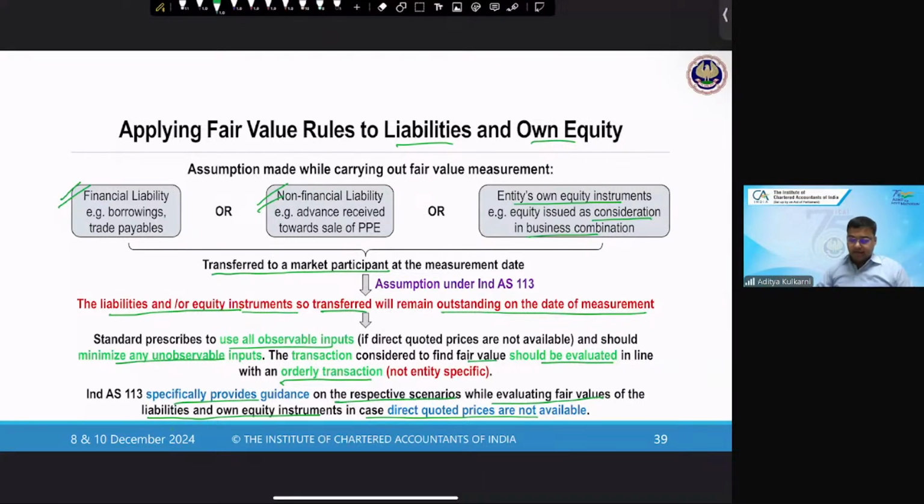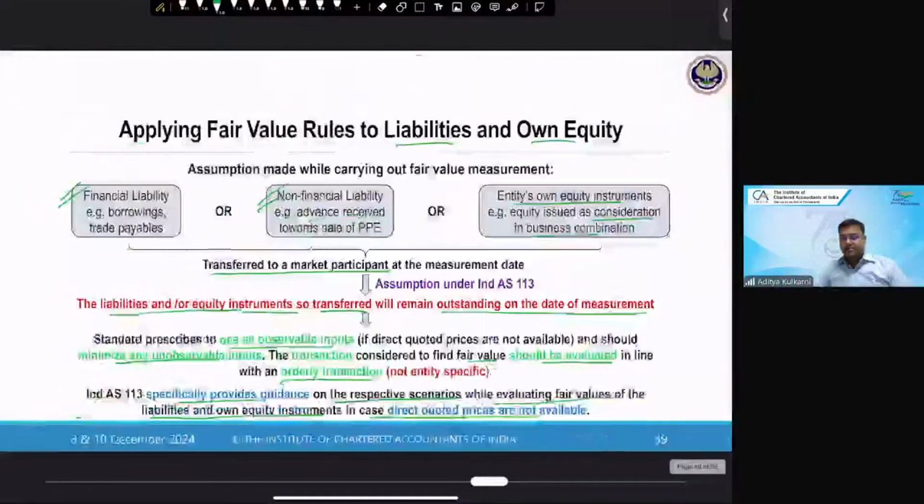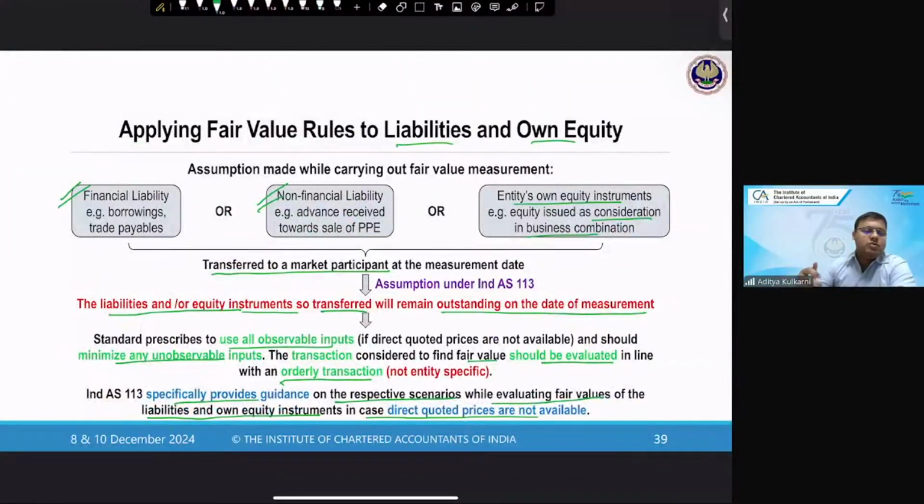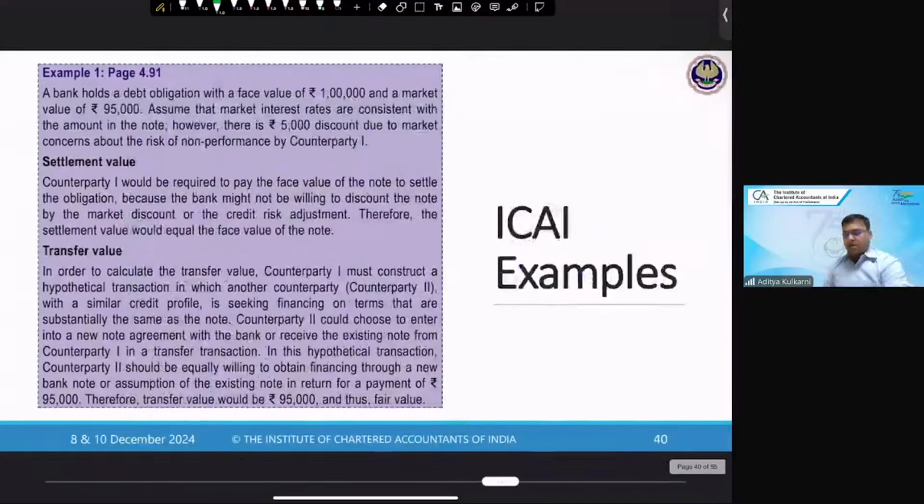Okay. All right. So now let us look at that. Did you understand the whole point? The point that we take from this is when I'm measuring the fair value of liabilities and own equity, it will be based on the assumption that these are only transferred, but they remain existing, they remain open as on the date of measurement. Is it okay? Yes, sir. All right, fine. So that closes this slide. Now we look at